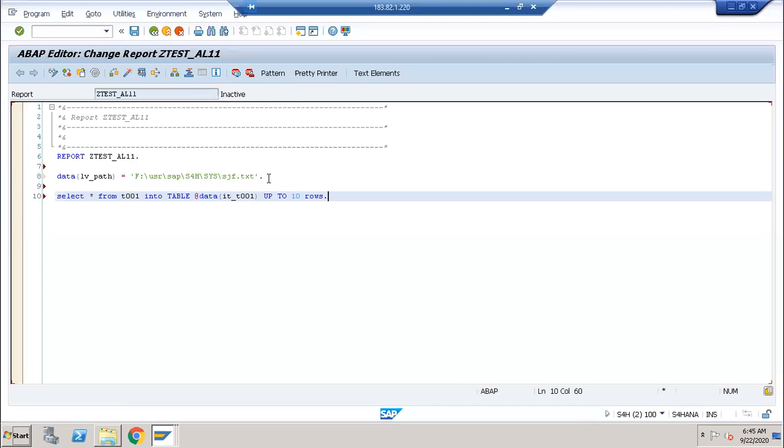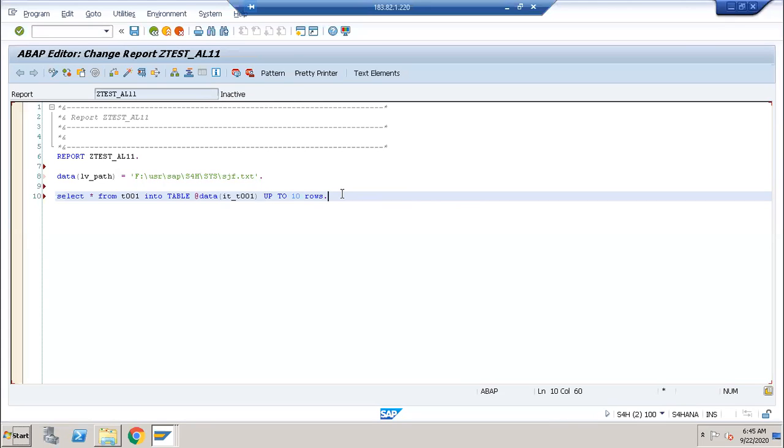Here I am not declaring the internal table it_t001 because the application server is ABAP 7.4 and this is a HANA server. So I can use the inline declarations here.